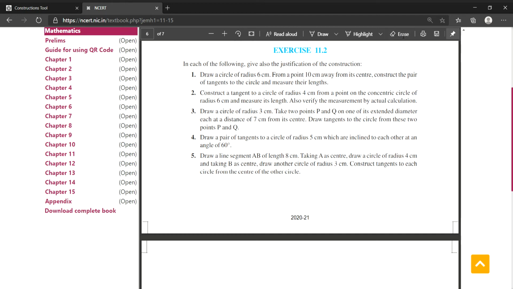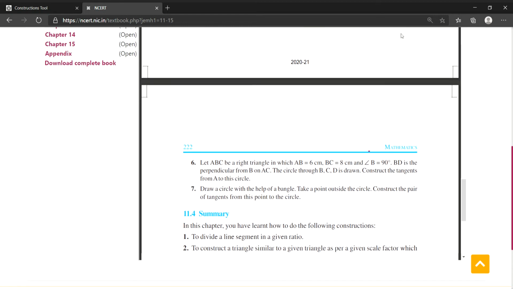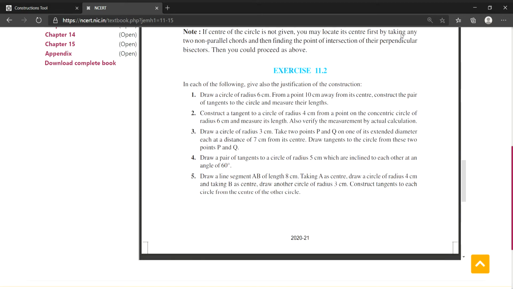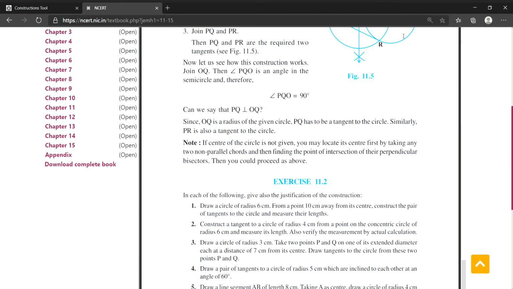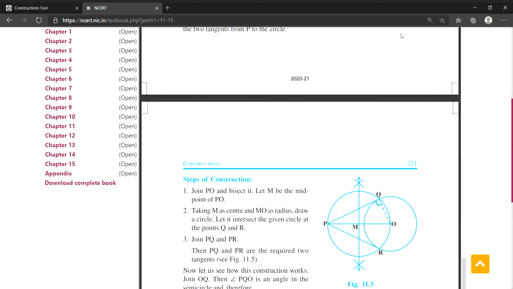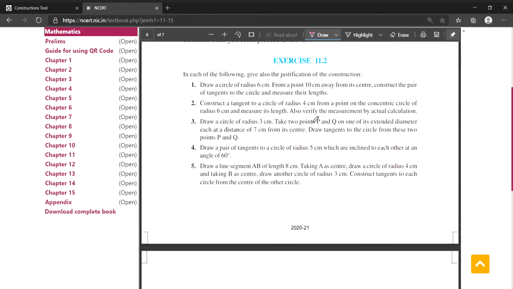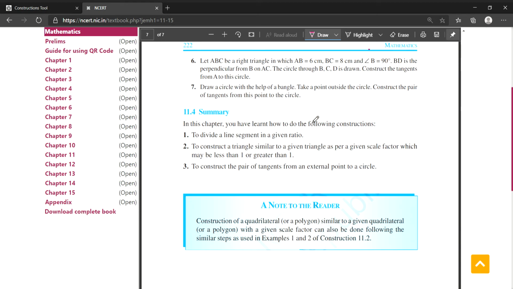Welcome back, 10th standard. The next question that we have to do is question number 6 from exercise 11.2. Let's take a look at the question. Let ABC be a right triangle in which AB is 6 centimeters, BC is 8 centimeters, angle B is 90